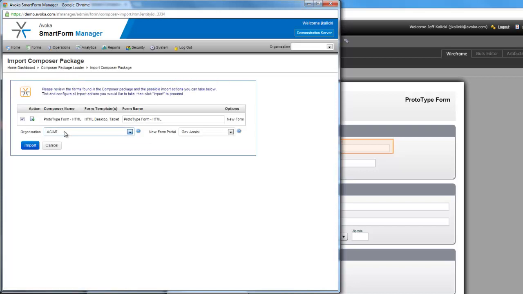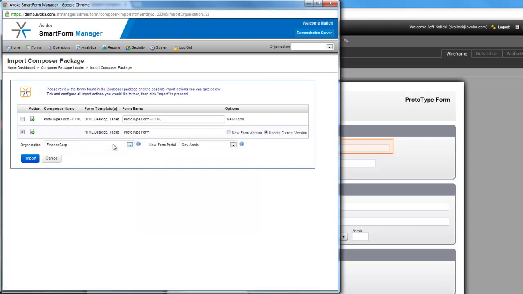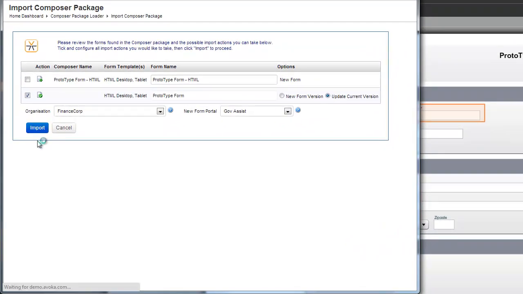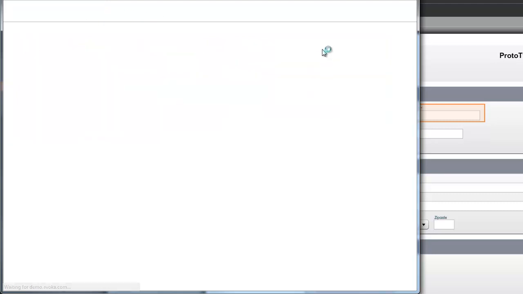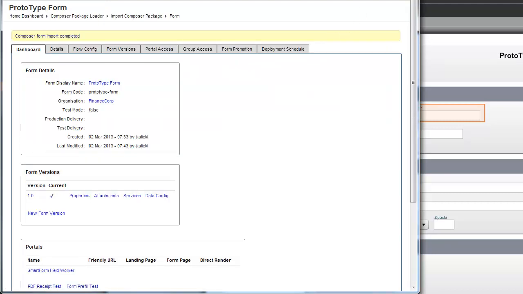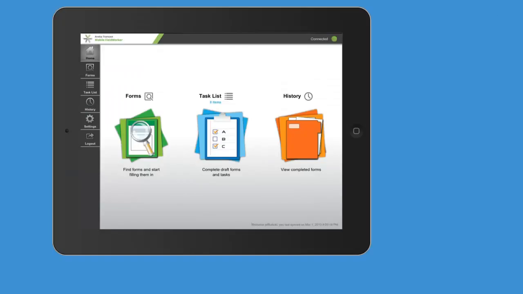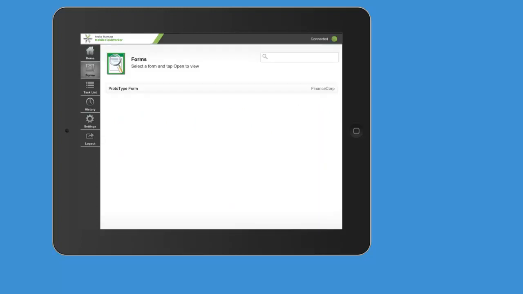So we're going to log in. We're importing to Finance Corp. It already knows that we have a form out there. Do we want to create a new version of this or just update the current version? In this case, we're just going to say update the current version. Typically, you would do that as a new form version. And now let's go back to our iPad, and if we just even tap on the synchronize button, we'll see it synchronize up. And then once that's done, we can go back into our form,